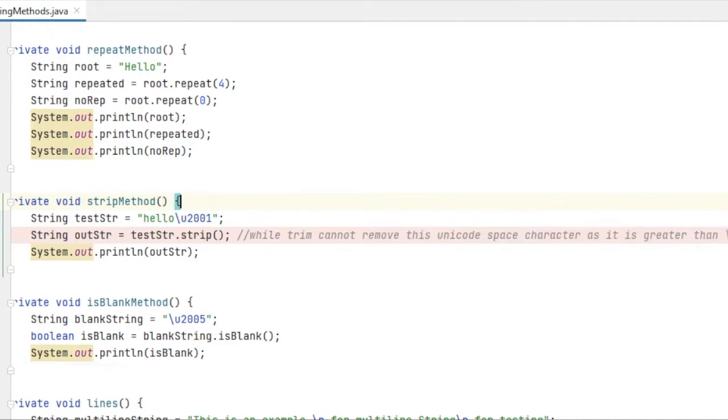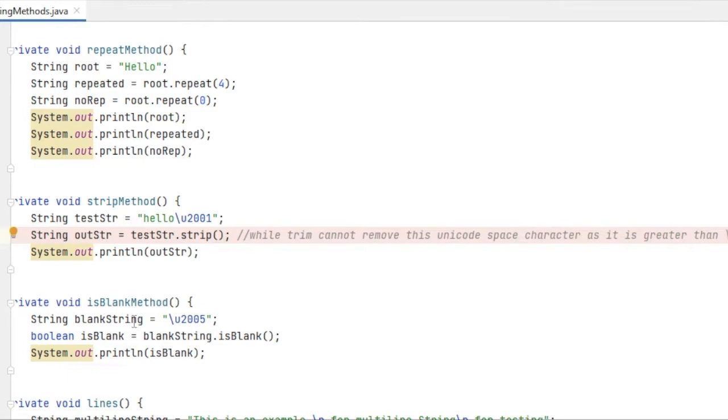So what does the trim functionality do? Trim will handle white spaces only up to Unicode 0020. The white spaces whose Unicode is less than or equal to 0020 are removed by trim, but those above that are not removed by trim.